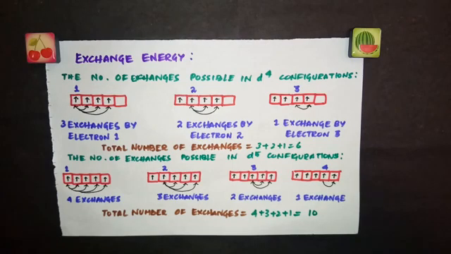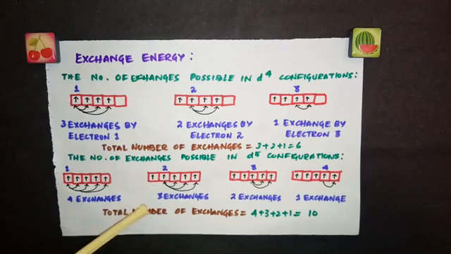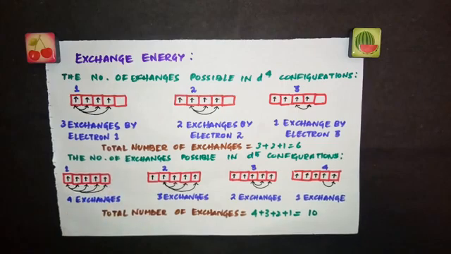As the number of exchanges that can take place is maximum in the exactly half filled arrangement, the exchange energy is maximum here, and hence the stability is maximum in the d5 configuration. The same happens for the d10 configuration also. So because of these two reasons, exchange energy and symmetry, half filled and completely filled configurations are more stable. Now let's see a few examples based on the topics that we studied today.